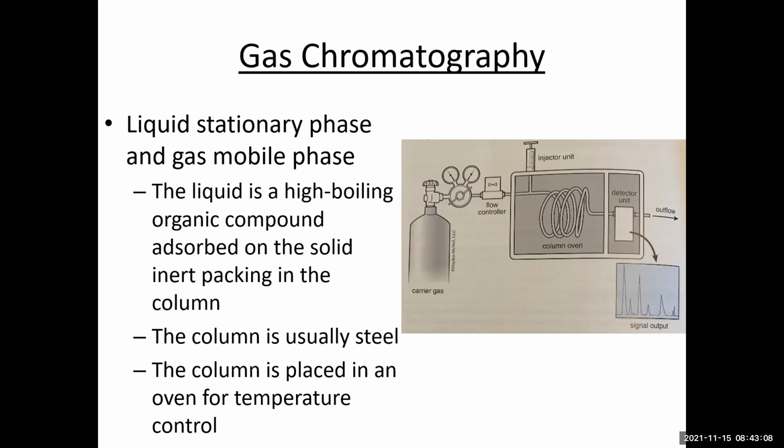Eventually, it reaches some sort of detector, and that could be a mass spectroscopy detector, where compounds are ionized, and then we identify what the compound is by its mass. And again, mass spectrometry is not something we've talked about yet. That'll be talked about more in Organic Chemistry 2 lab. But something will detect the compounds as they come out of the column. And there's different types of detectors, not just using mass spectrometry.